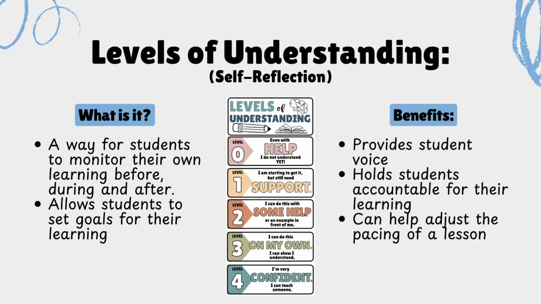This may come from the teacher or it may come from a peer in the classroom. Level 2, they can do the assignment with some help, or maybe they just need an example, such as an anchor chart or a possible student to help model for them. Level 3, students can answer questions on their own and they can show what they understand. In level 4, they're very confident and they would be a good peer to have to teach another student who